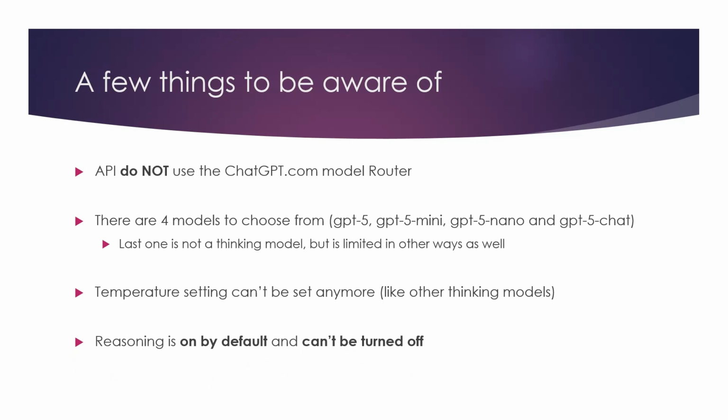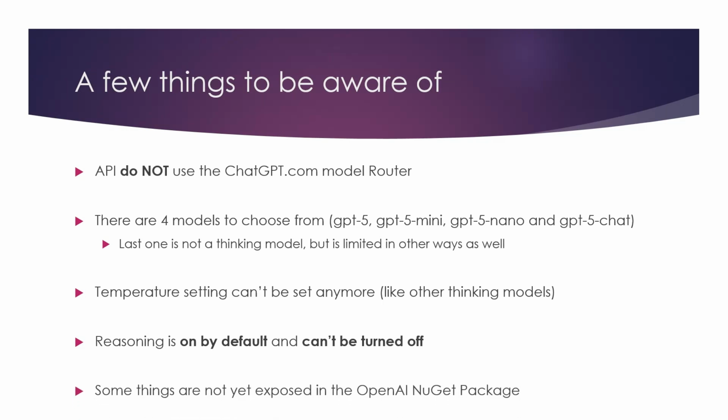And this is again because of this thinking, reasoning. One thing that caught me by surprise is that reasoning is on by default, and you actually can't turn it off. We will see some code in just a second about how to do something with this, and how OpenAI recommends you do it if you're just switching from a non-reasoning model to a reasoning model.